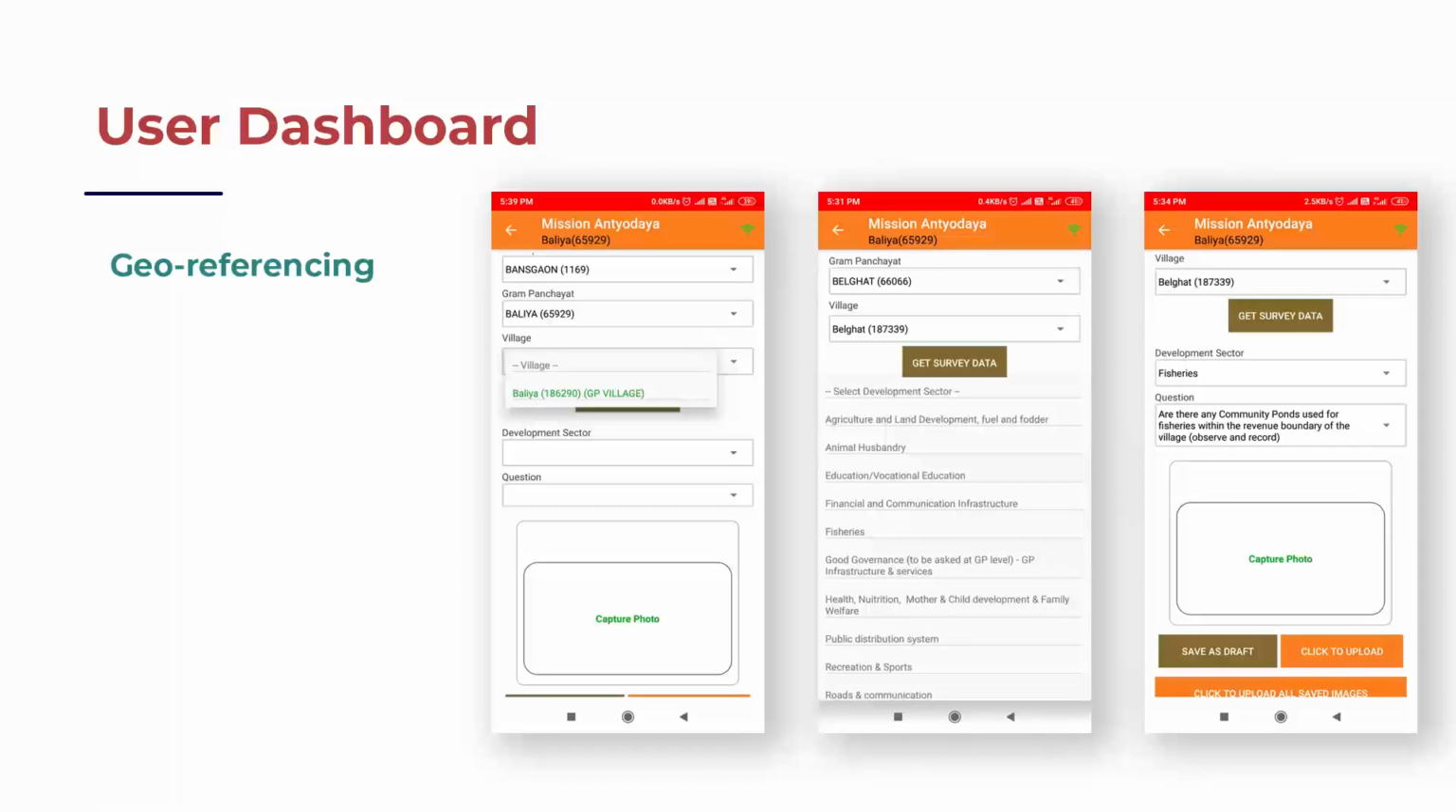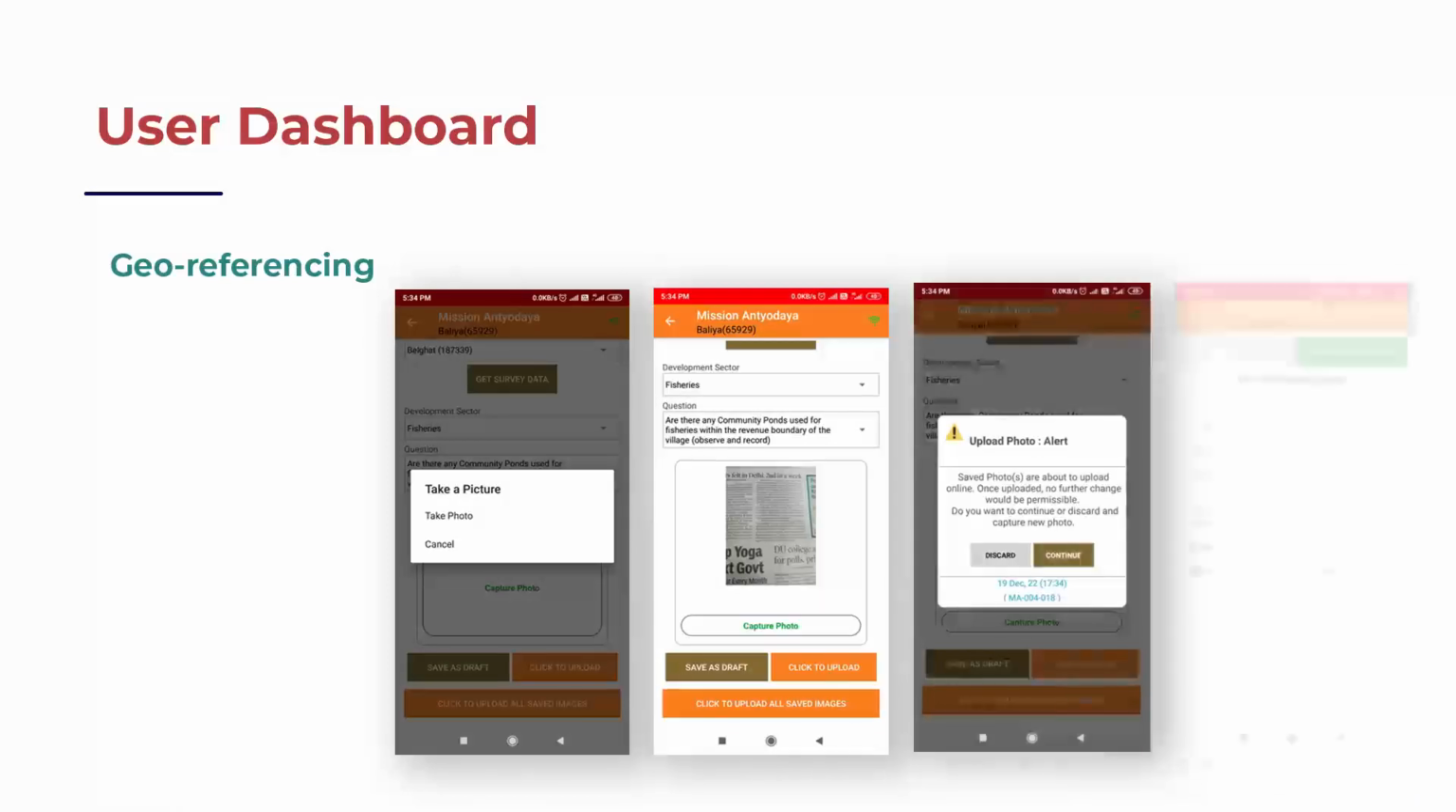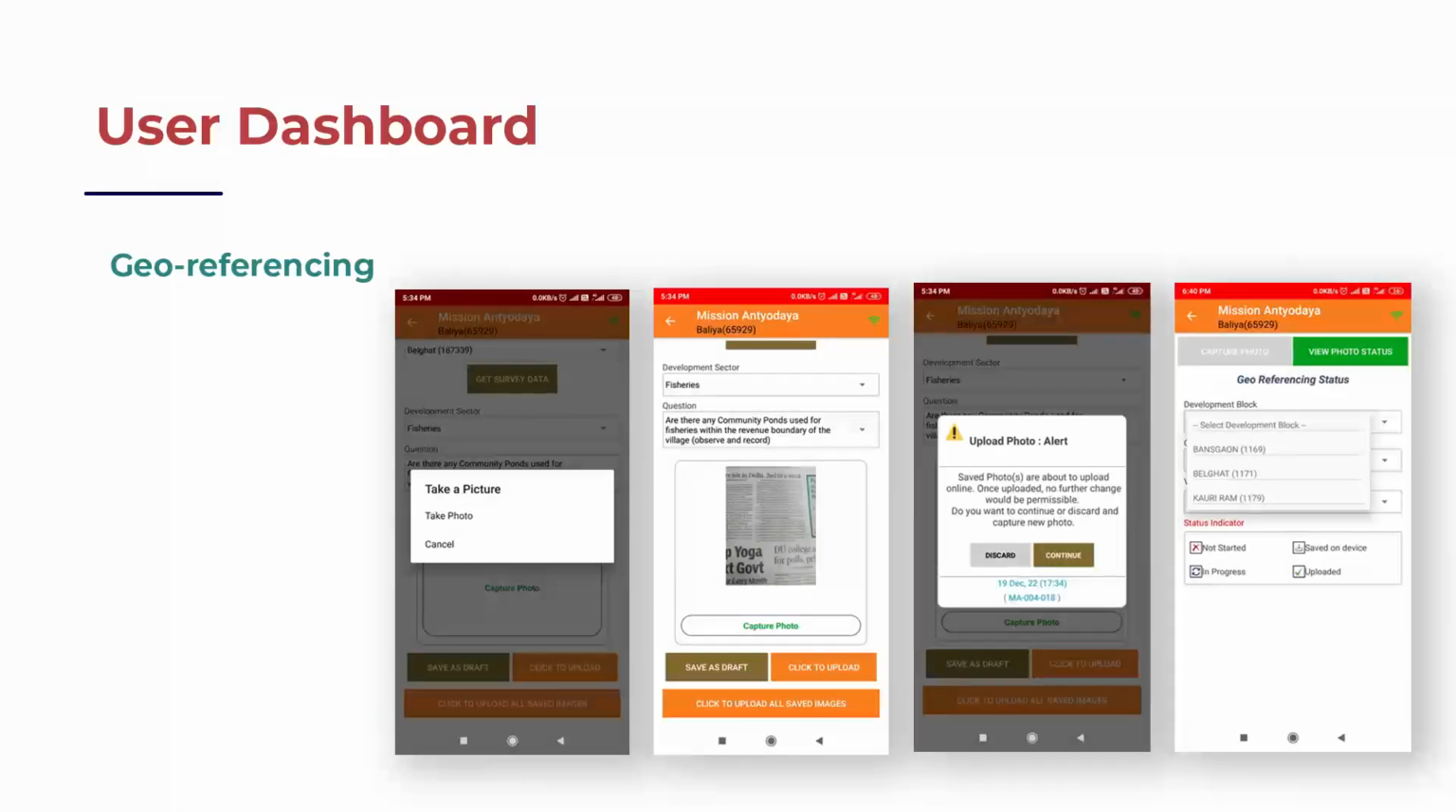You can capture the image, save it as draft if there is no network availability. If there is network availability, you can select the Click on option and directly complete the process. Otherwise, you can select section-wise questions and geotag each one of them as draft, and finally click on the Click to Upload All Saved Images option. Georeferencing. The status of saved images can be seen in the